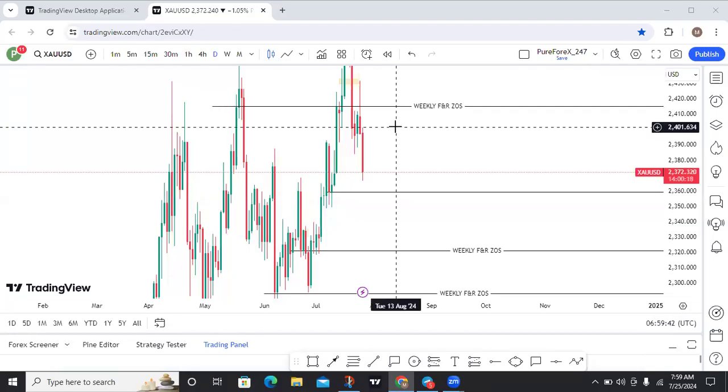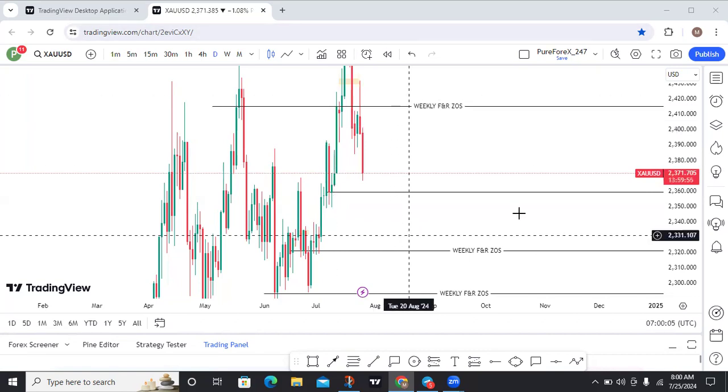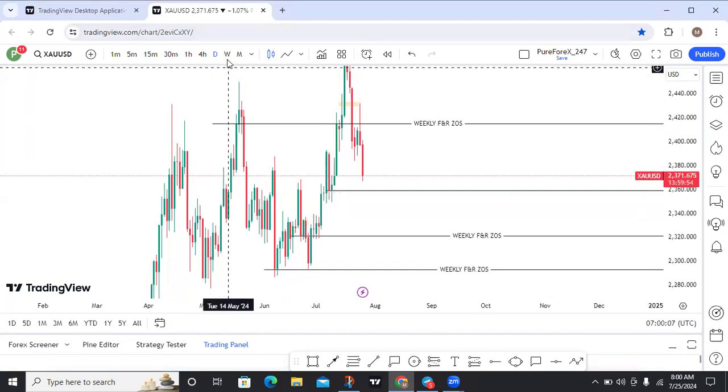So looking at gold today, gold is going bearish, and we are going to be more bearish than bullish. The only way we can buy gold, I'm going to show you. So looking from the weekly time frame,